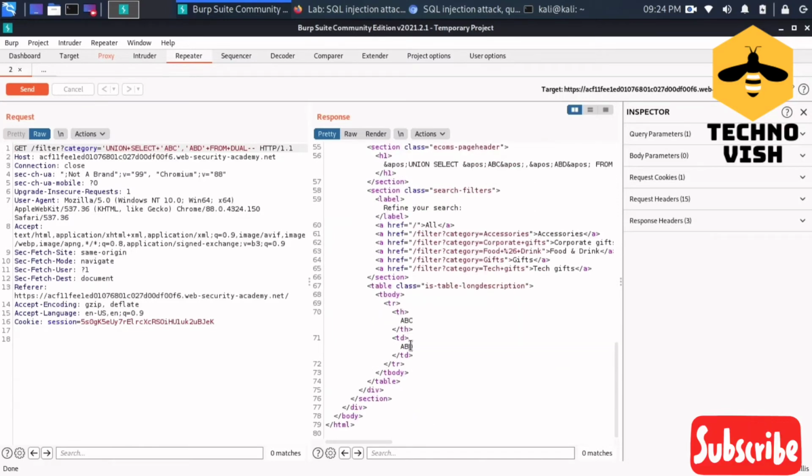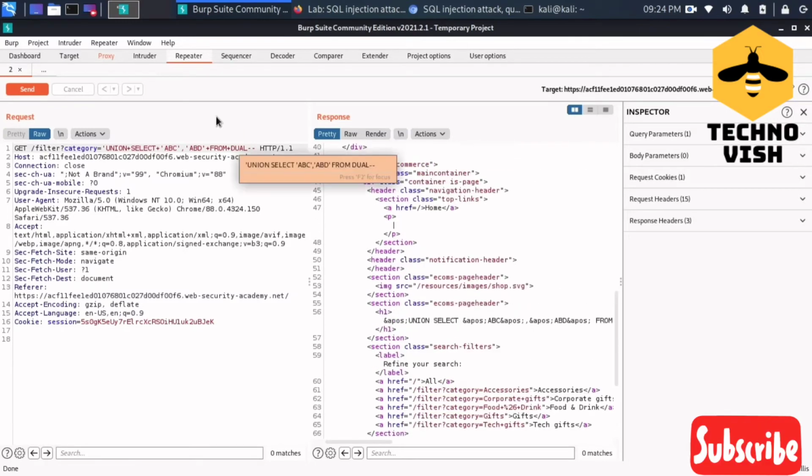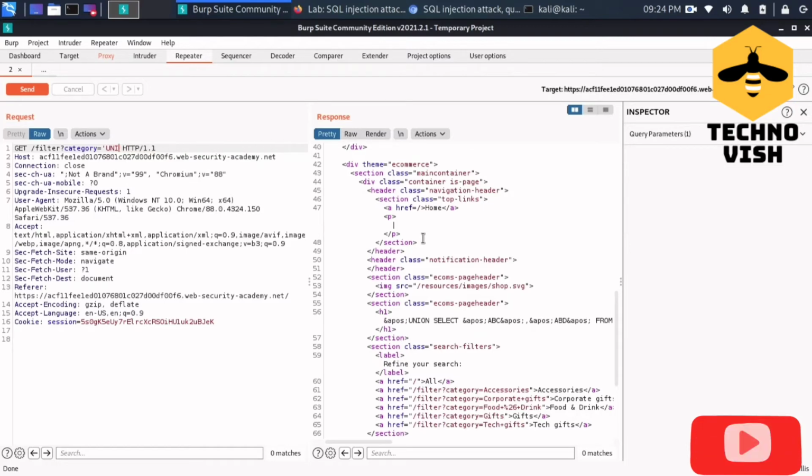So there are two columns as we can see here, and after that again I will put one more command, that is union select banner, then comma null.